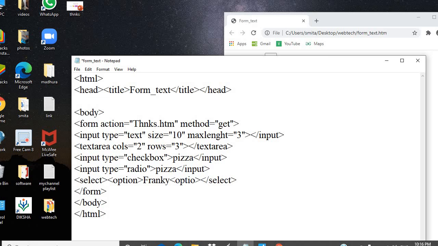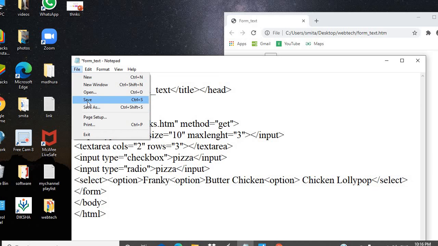Option is also a paired tag, so without forgetting we have to close that also. So that's all the options.